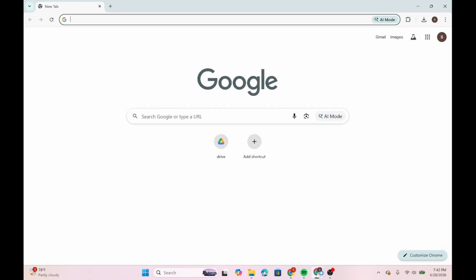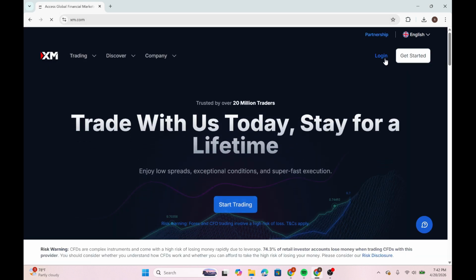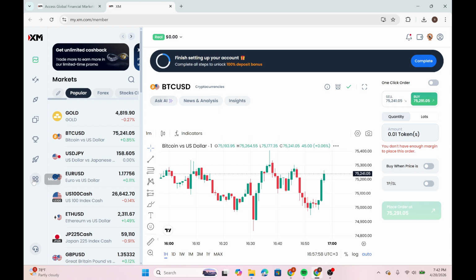First, open any web browser you prefer. On the top there's an address bar. Type xm.com and enter it, and make sure to log into your account in the top right corner there. Once you get into this interface of the XM app, on the left hand side we can find